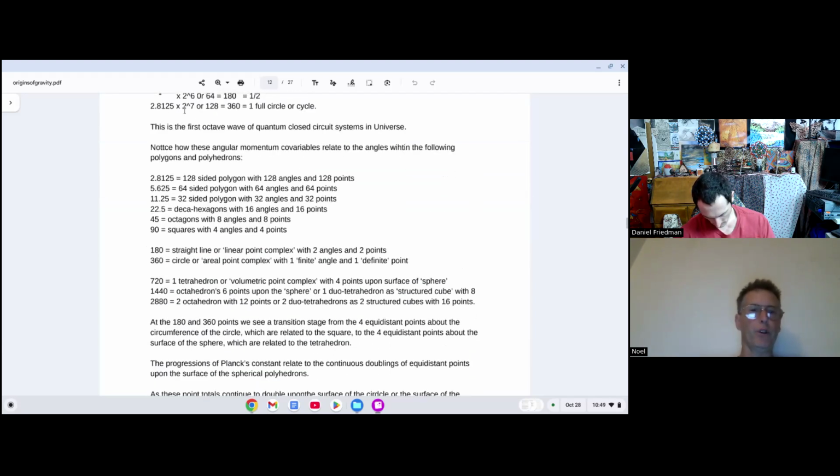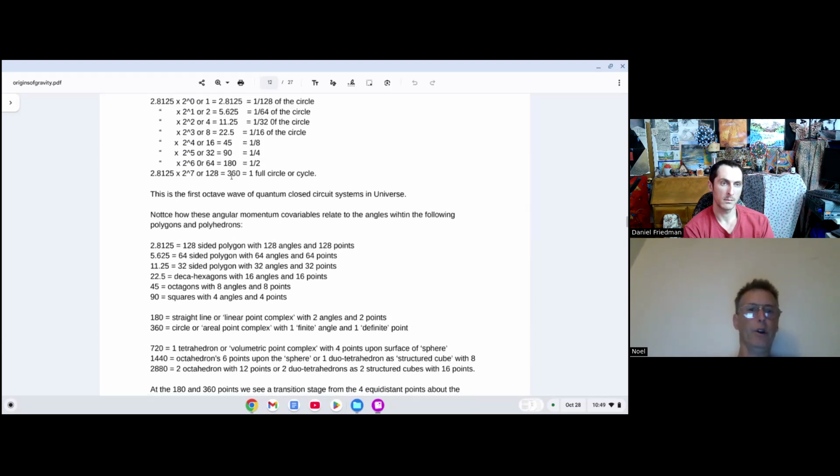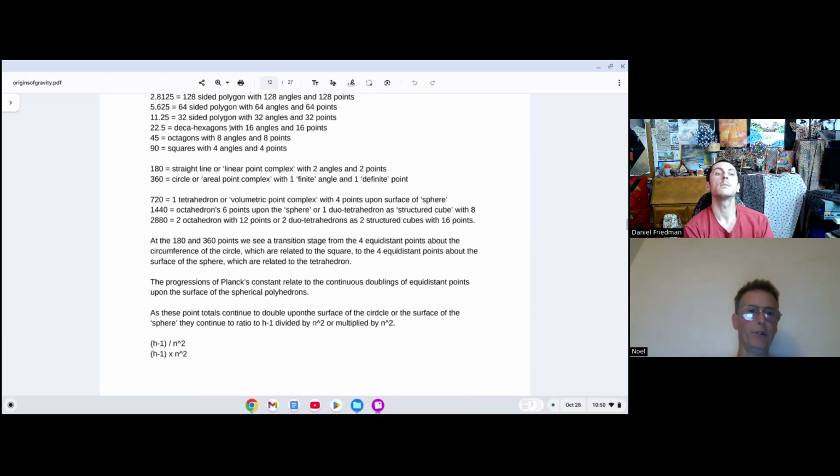These same numbers are also then going to be related to, for instance, the amount of angular orientation in, for instance, a square, which has 4 angles of 90 degrees each. An octagon has 8 angles of 45 degrees each. So we'll notice that the number patterns associated with the continuous scaling of Planck's constant are associated with the total number of edge lengths and angles in the different polygons as we continue to double the number of edges and angles in the polygons, starting with 4 and then 8, 16, 32. I hope that makes sense.